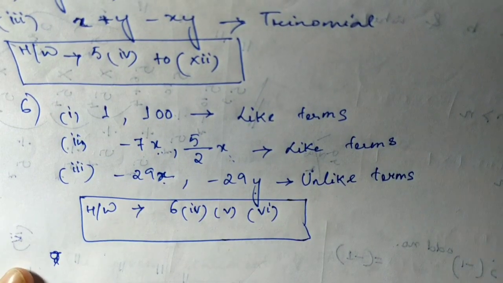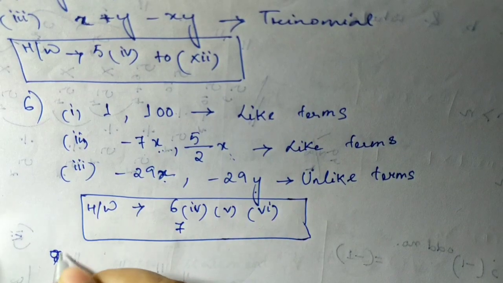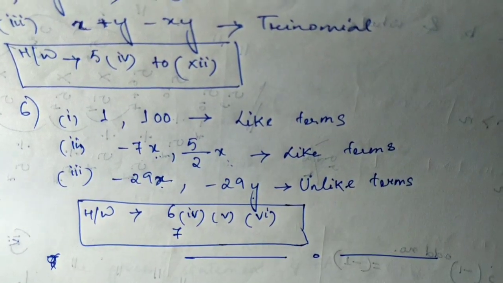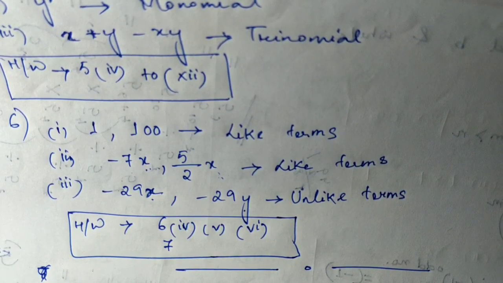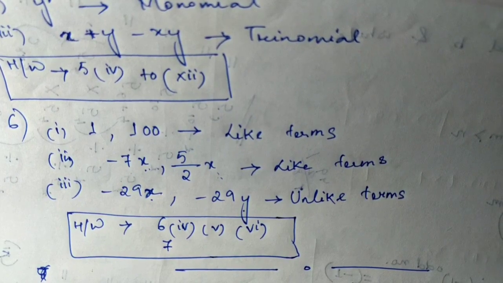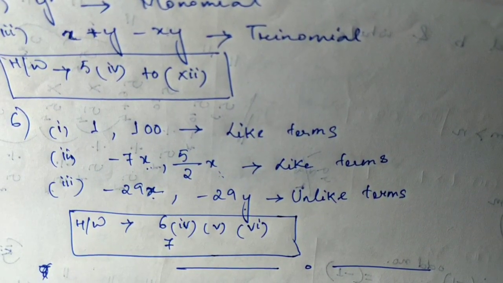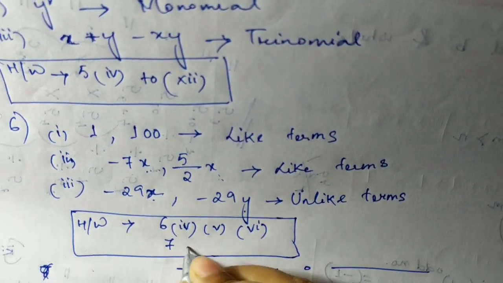So you can try this as your homework as well. You have to write down which are the like terms in the first expression. The first one is given as xy square. So find out the xy square term, yx square term or x square term, and write down all the like terms together. Okay, for 7, A and B, both the sums you will try as your homework.